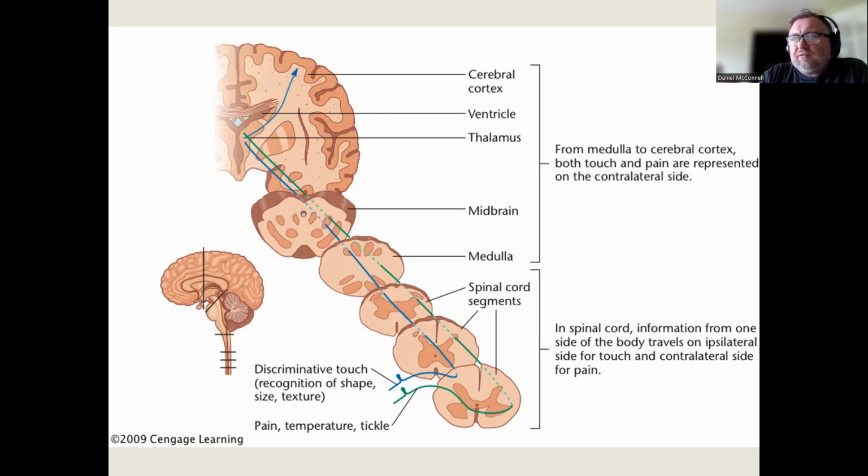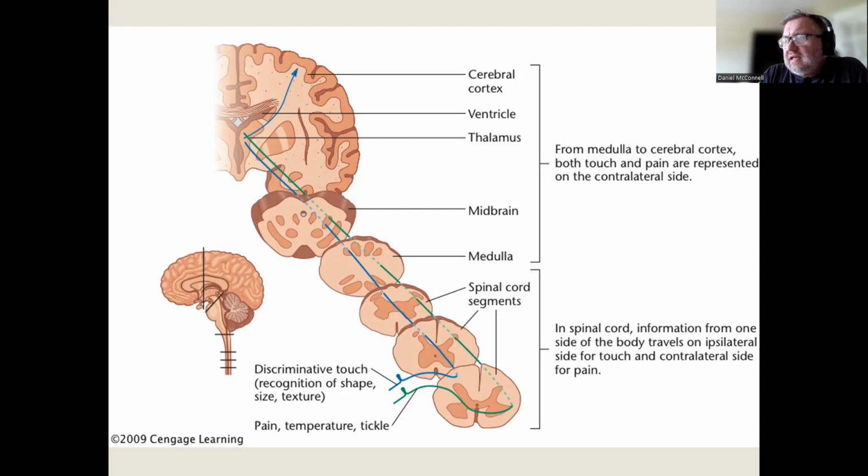up into the midbrain through the reticular formation and then into the thalamus. So you can see that kind of in the cross-sectional view there at the very top before that projection goes into the cortex, into the parietal lobe of the brain. But what we're also seeing here is that pain pathway, notice as it enters the ventral side of the spine,